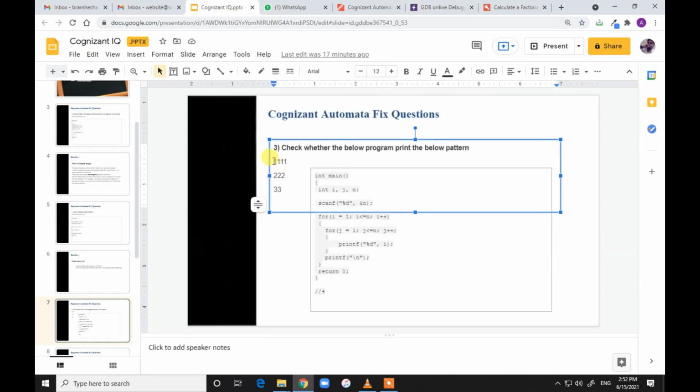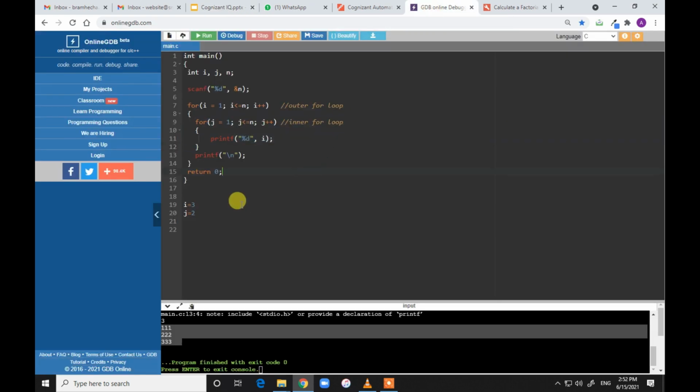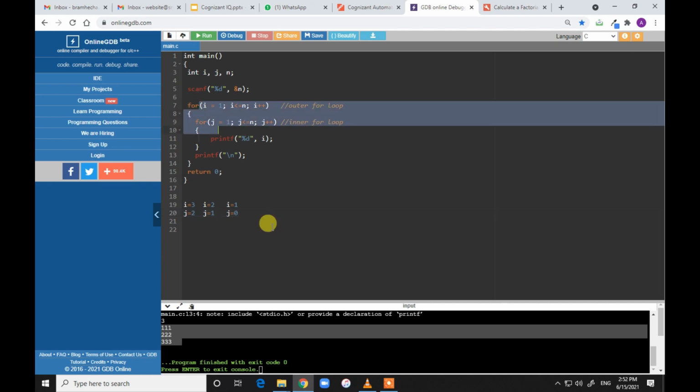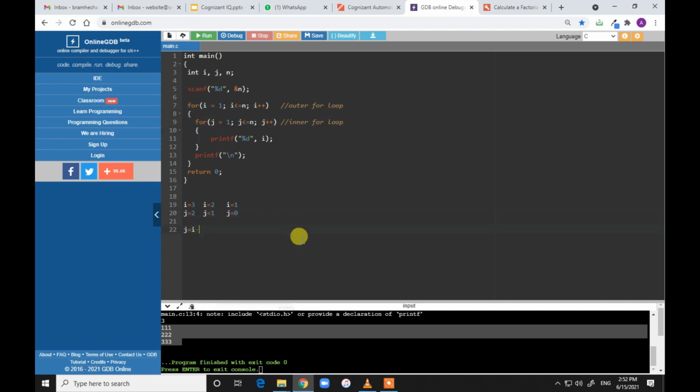If you can see here, there are 4 elements, and on the next line there are 3 elements. So we will always need one element less than the outer loop. Whenever i is 2, we want j as 1, and when i is 1, we want j as 0. If you observe carefully, the change you can make in the for loop is j equals i minus 1. So whatever the value of i, j will always be one less, and the loop will always execute one time less.